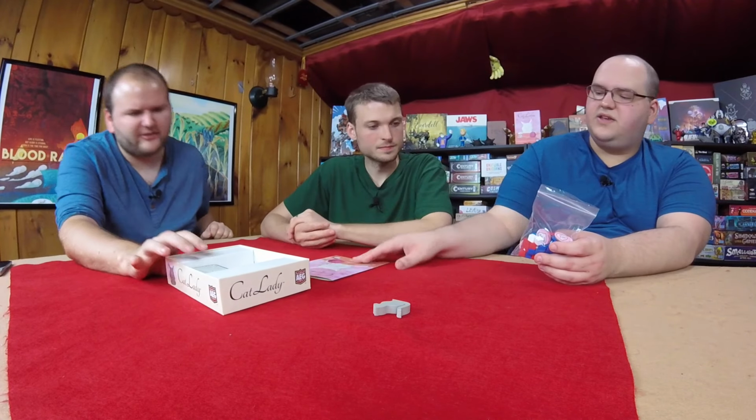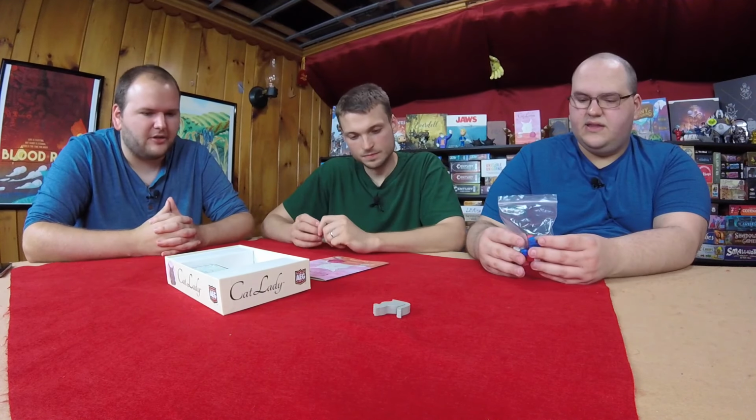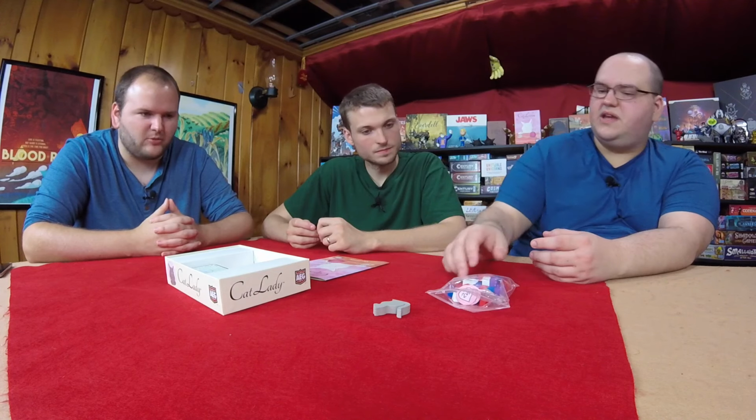Yeah, it's well explained. It's a good rule book too. And all the materials are good. Wooden cubes, which is nice. Wooden cat token. I know AEG is coming out with or has come out with a deluxe edition of Cat